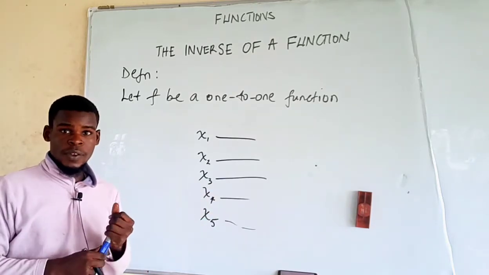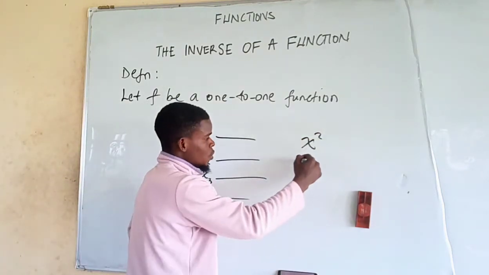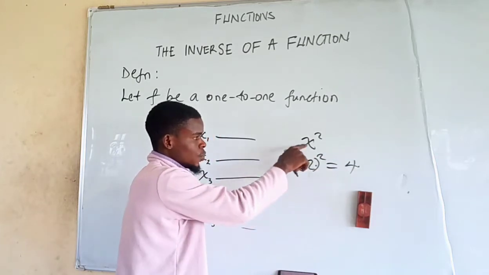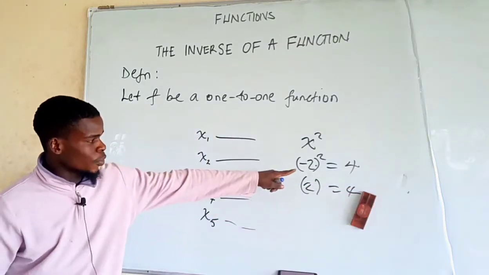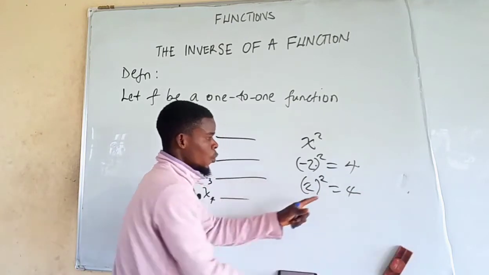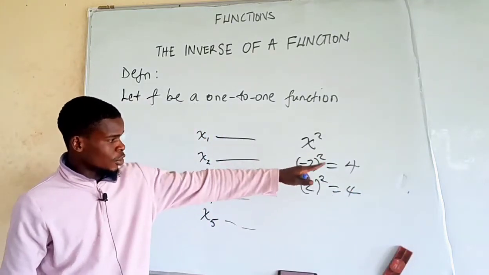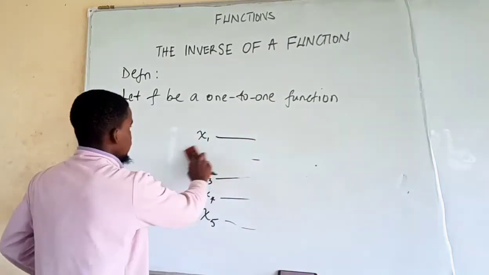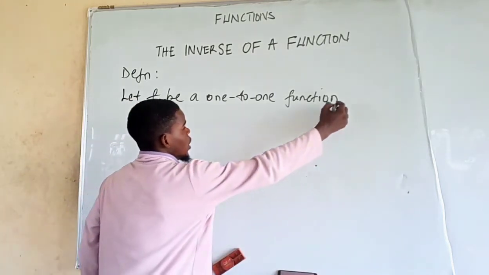If you're talking about the squared function, x squared. If you input -2, and -2 squared, you're going to have 4. If you input 2, you also have 4. That means two different inputs, -2 and 2, are giving you a single output. But a one-to-one function contradicts this. Good, so you should get a better picture of what I'm talking about. So let f be a one-to-one function, such that